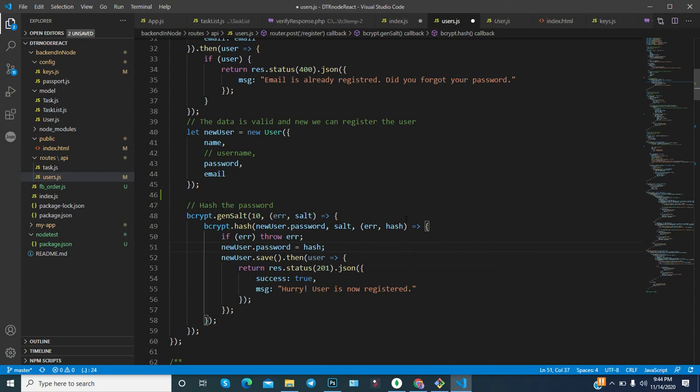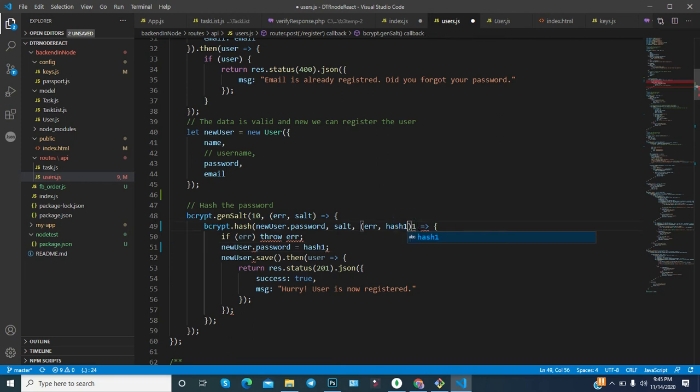So here it is written as an arrow function. Now if err, it means that if there is an error, then it will throw the error, otherwise it will do certain things. It will save the other details to the database. So newUser.password is equal to hash. It means whatever password you have hashed, you get it in the variable hash. You can also do it in this way. I think you already know, you can understand it like this.